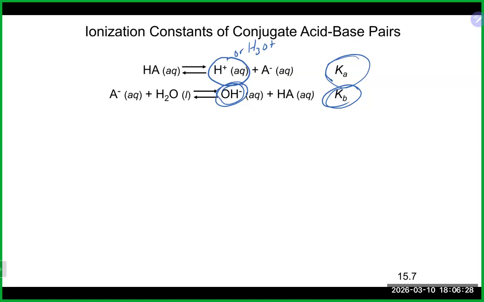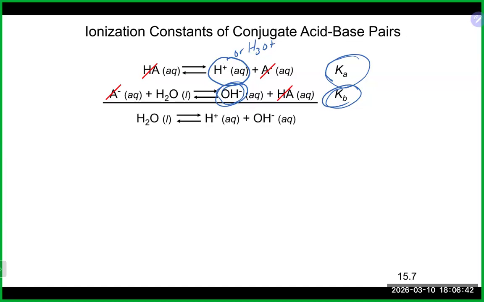OH minus on the product side should be rolling with the Kb. Now, these are two equations, and as we talked about earlier, when you add two equations together like we can here, we're going to get some things canceling out, and what's going to cancel out is pretty much everything except our good friend, water. If you take a Ka, or weak acid, and a conjugate base there, and it's Kb, and add it together, you basically make water, which we also know has a K value associated with it,